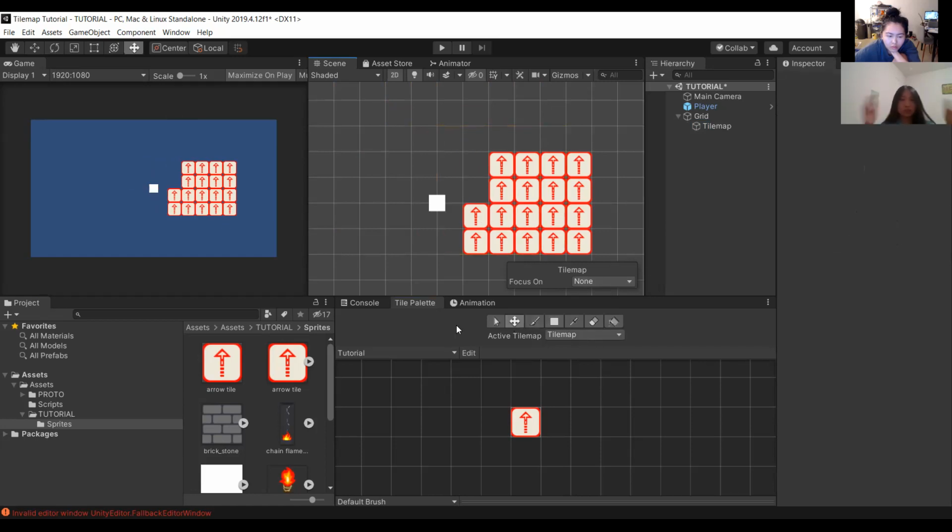Any other questions on the tools I've talked about so far? Yeah, I have a question about the proto and the tutorial thing. They seem to have the same stuff in them. What is proto? Proto stands for prototype. You don't have to worry about that for now. Essentially, it's there if you get stuck on anything.